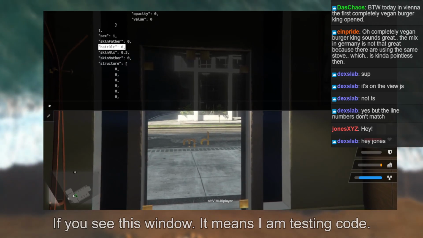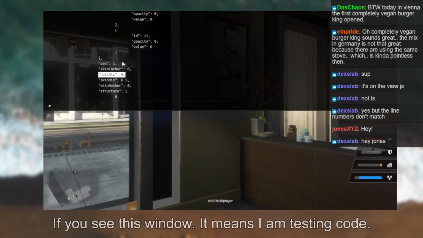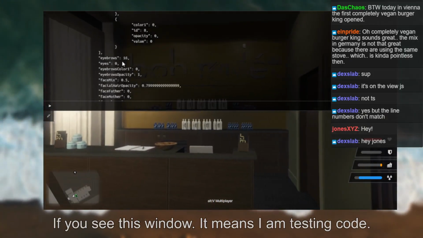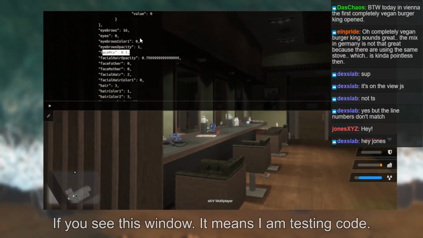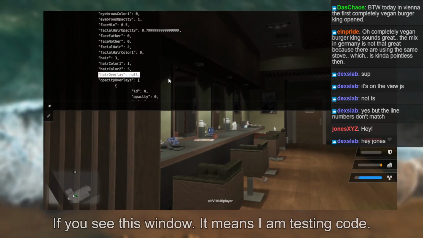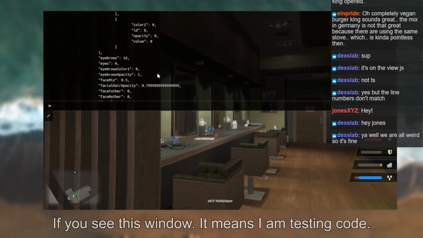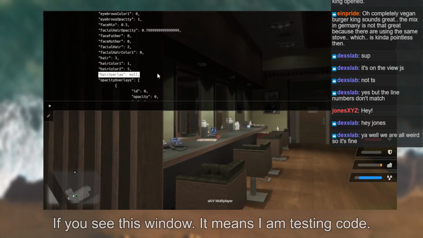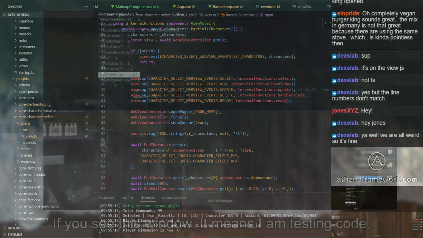So we have hair DLC. Do you have the structure? And we're missing everything else? Oh no, it's here. Okay. Hair opacity, face mix, hair color 1, hair color 2, hair overlay. Hair overlay is missing. That's because it's null though. And then we also have